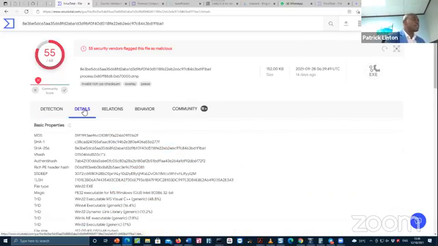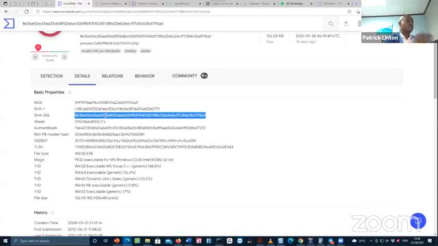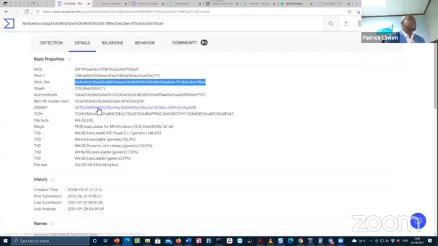So we click on details here, and right away it gives the MD5 hash value of the binary. It gives the SHA-1 hash value. You know, this is 128-bit, this is 160-bit, and then you have the SHA-256. You have many different hashing algorithms being used on the same binary, so you can't go wrong.